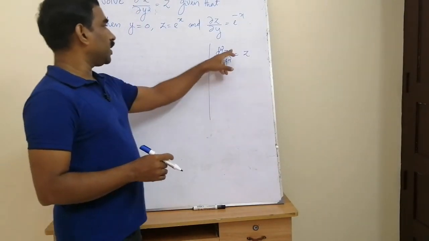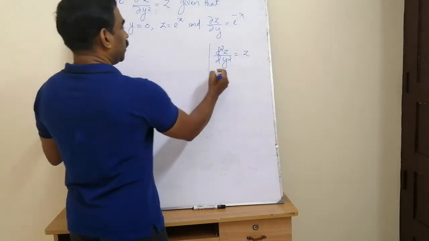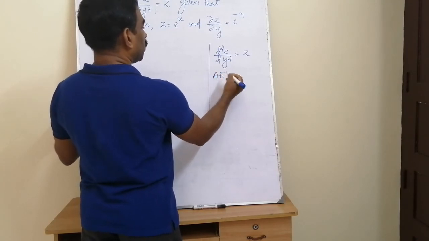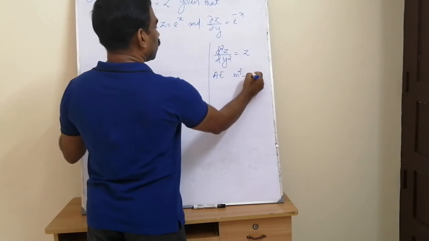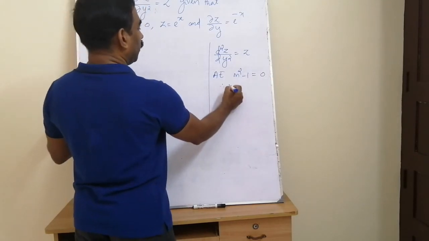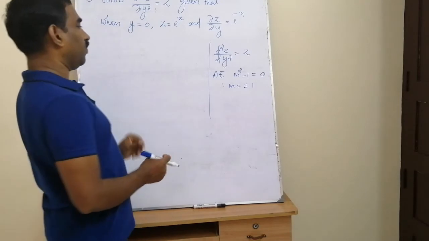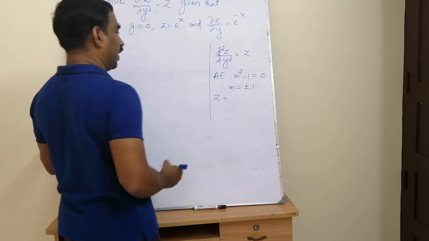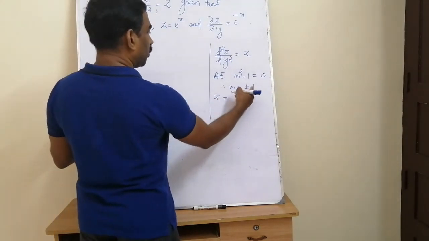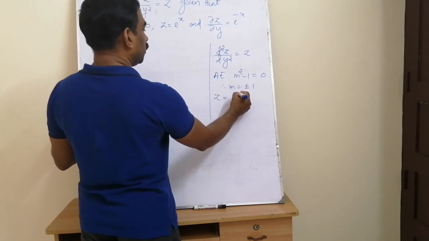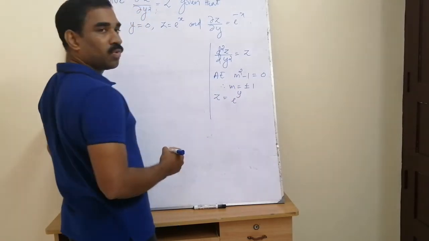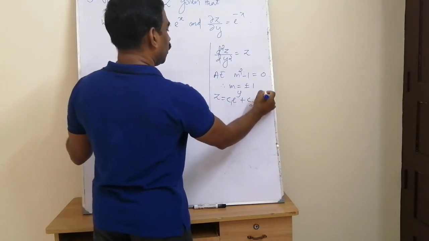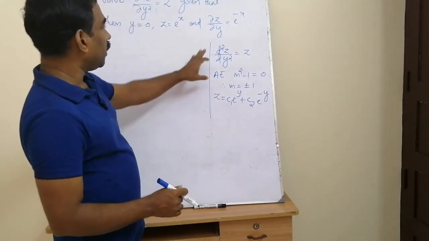If we assume that z is a function of y alone, then we find the complementary function. First of all we find the auxiliary equation. The corresponding auxiliary equation will be m square minus 1 is equal to 0. On solving we get m is equal to plus or minus 1. So we have two different roots for the auxiliary equation, and the general solution, meaning the value of the dependent variable, corresponding to the first root 1 is e raised to the independent variable. Here the independent variable is y, so the general solution is c1 e raised to y plus c2 e raised to minus y. This technique we have already studied in our semester 2.